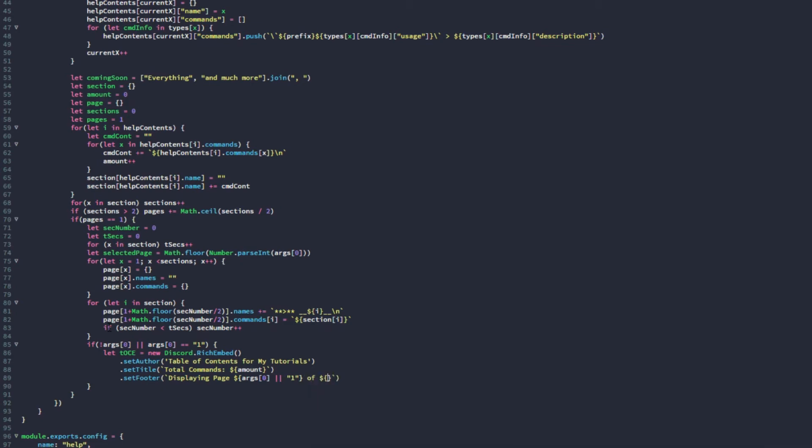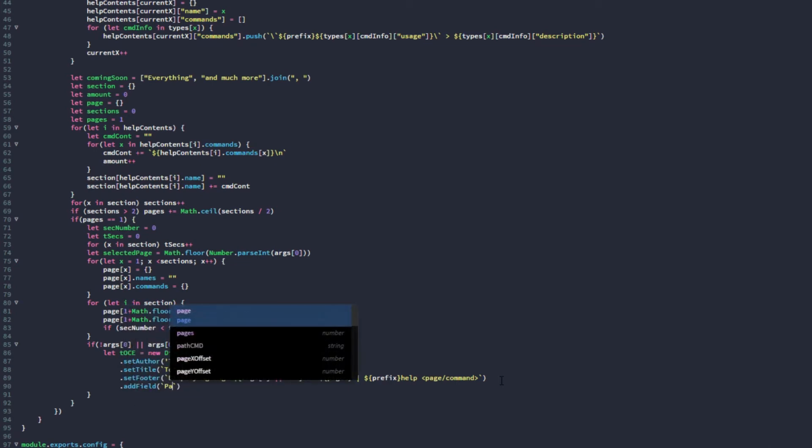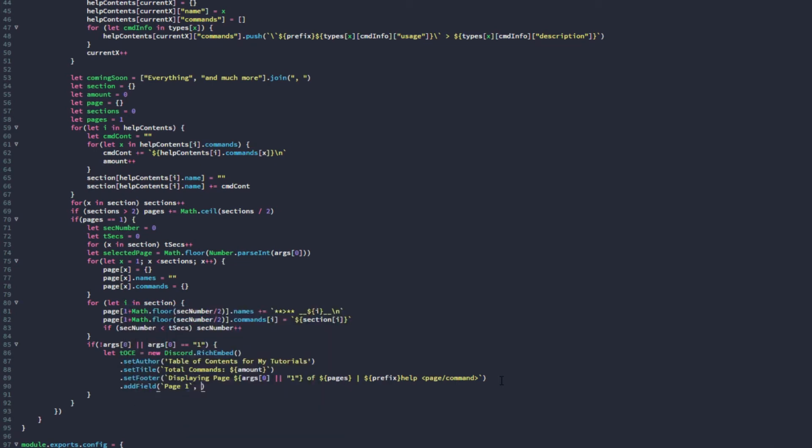Then of pages, and then we're gonna do prefix help page slash command. That was a lot. And now we have to add all of the pages in. So we're gonna do .addField page 1, and then we're gonna do boom table of contents,